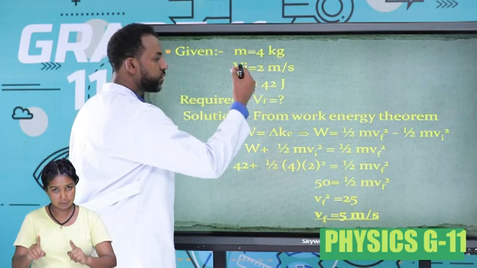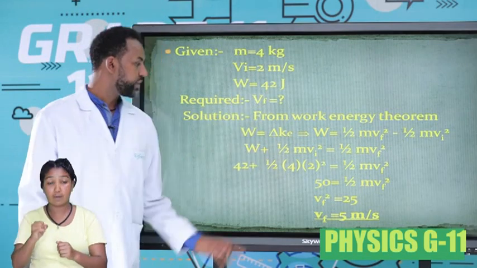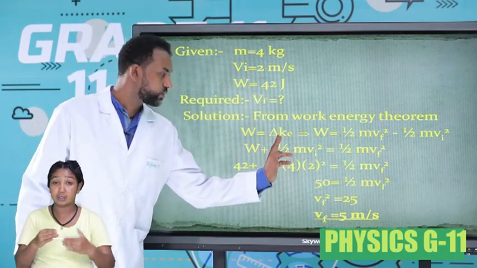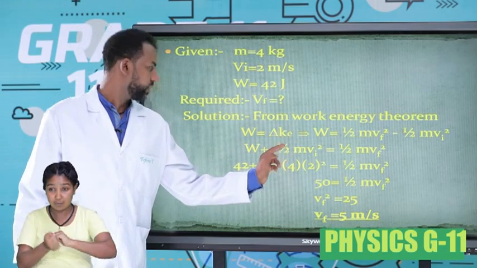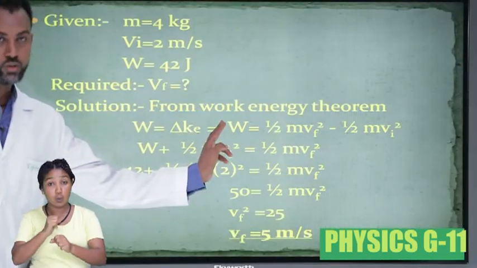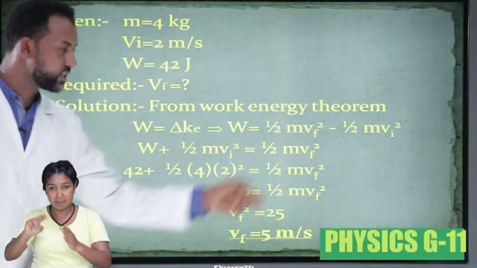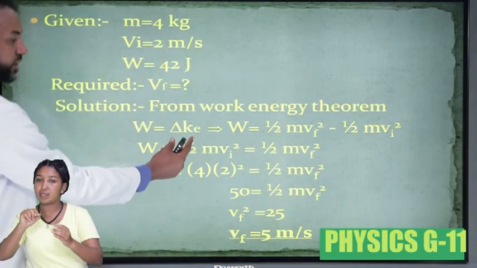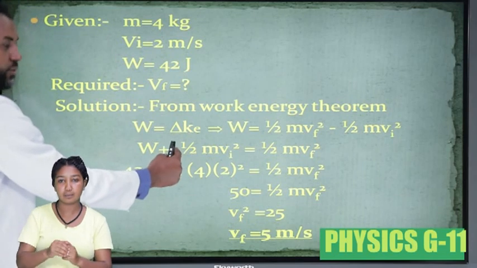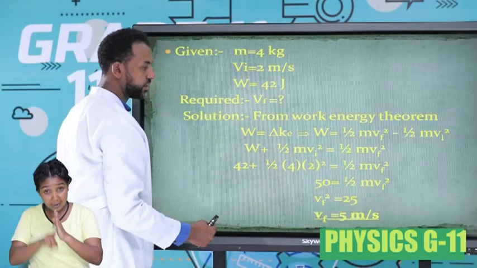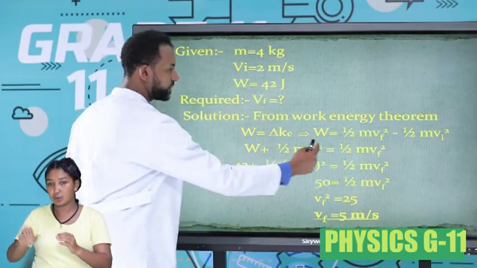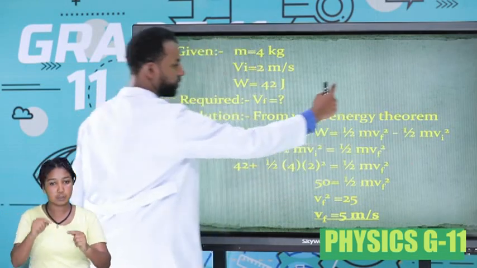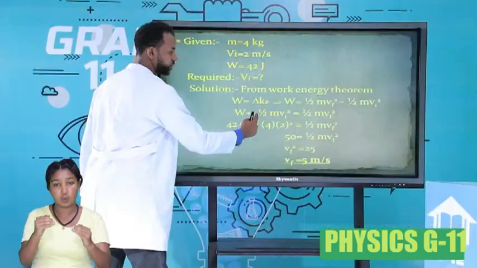Solution. From the concept of the work energy theorem, work is equal to the change of kinetic energy, which means work is equal to half m v final squared minus half m v initial squared. Change of kinetic energy means the final kinetic energy minus the initial kinetic energy. Therefore, when you substitute this, it's possible to rearrange this like this: work plus 1 over 2 m v